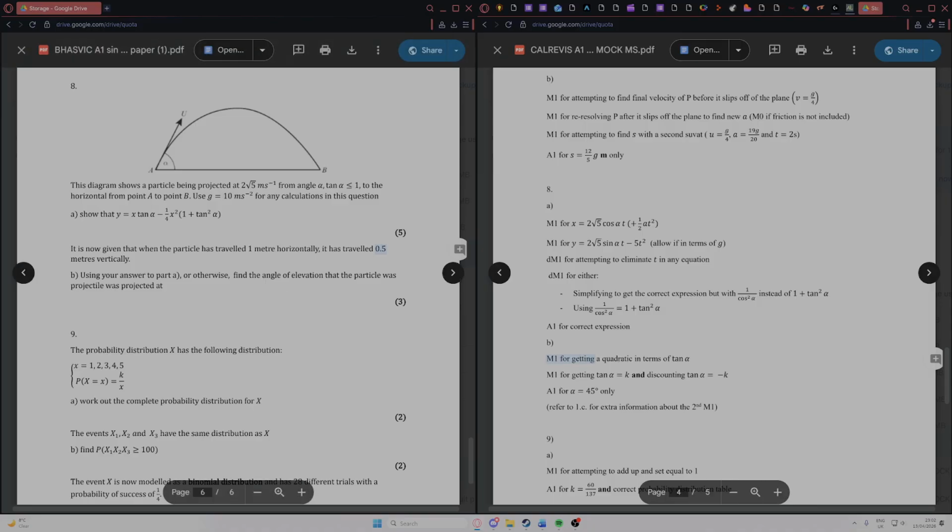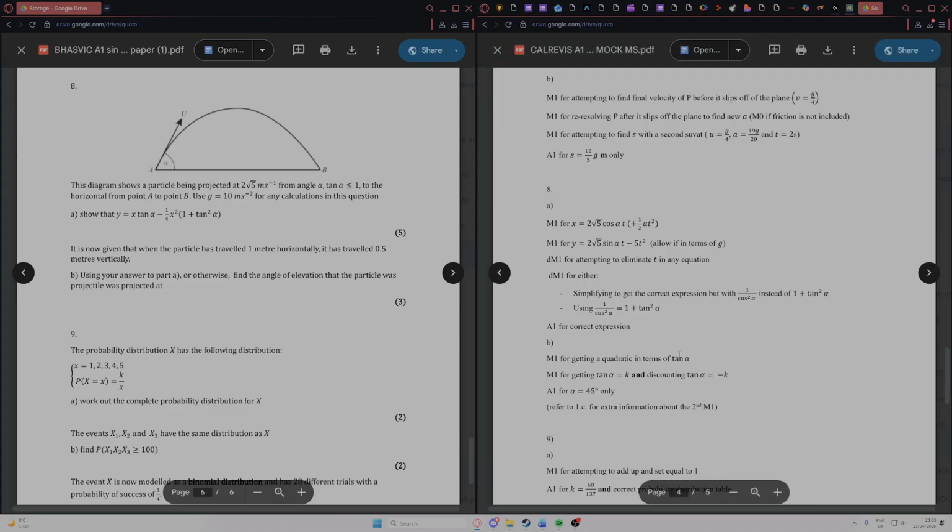When this M1 mark says quadratic, it means it needs to be in the form a tan squared alpha plus b tan alpha plus c equals 0, not just substituting it in. For this method mark, you need, which is another thing from 1c that we've already mentioned a couple of times now, to find the solution tan alpha equals k and also discount the solution tan alpha equals minus k,